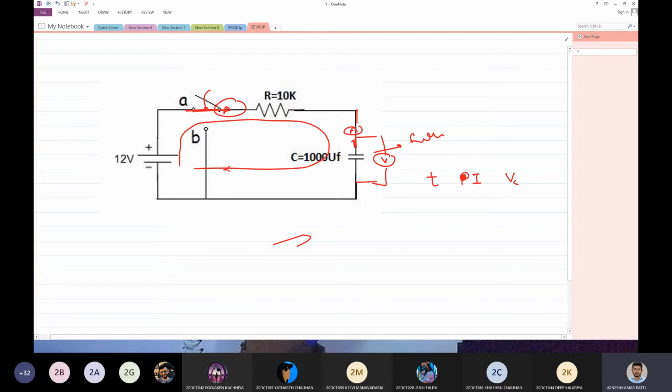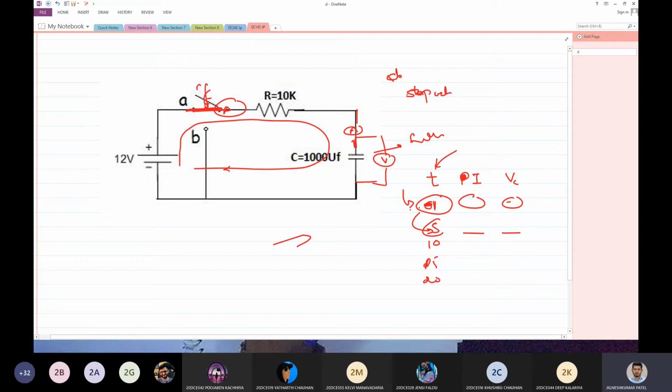As soon as I start the circuit, I'll have a stopwatch to measure the time. As soon as I close the circuit by pressing a button over here, I'll start my stopwatch along with that. After a specific interval, I'll take the readings of these parameters. Let us say my first reading I take at 1 second, then at 5 seconds, then 10 seconds, then 15 seconds, 20 seconds, and so forth. After every 5 seconds, I'm going to take the readings.